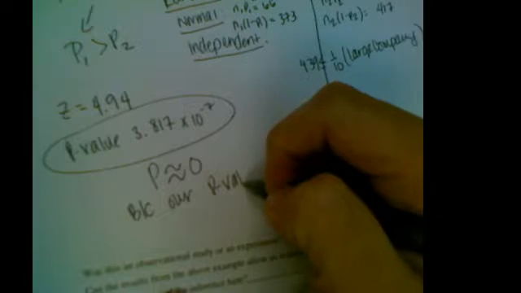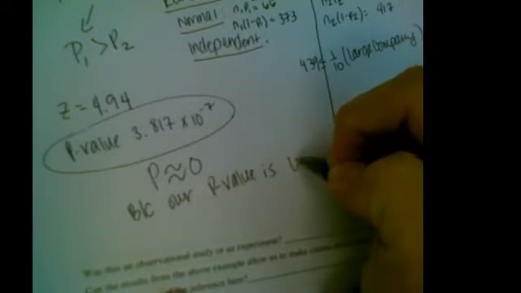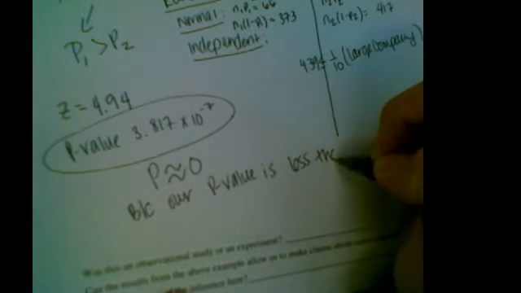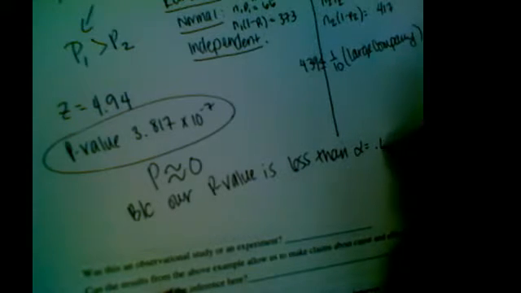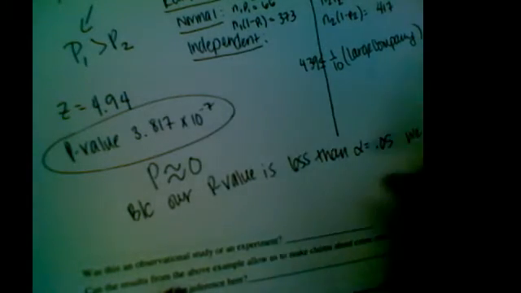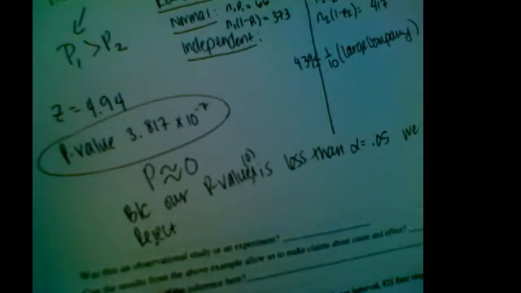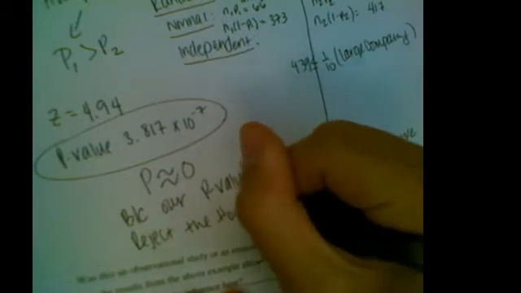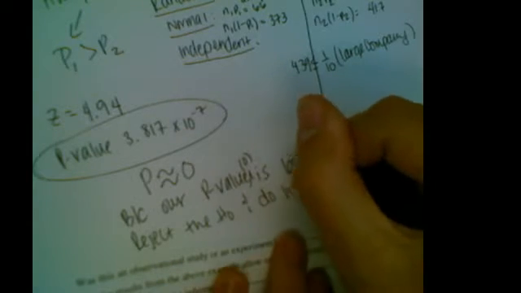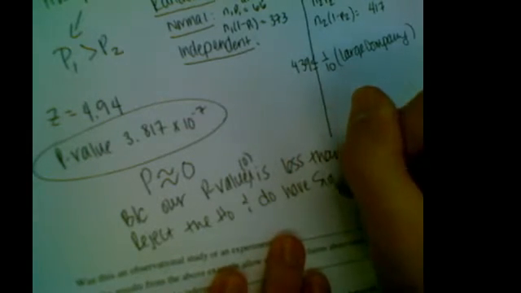Well, because our p-value is less than alpha, we reject, oops, I forgot to put my value in there. It's 0. We reject the null, because P is low, reject the H0, and do have significant evidence